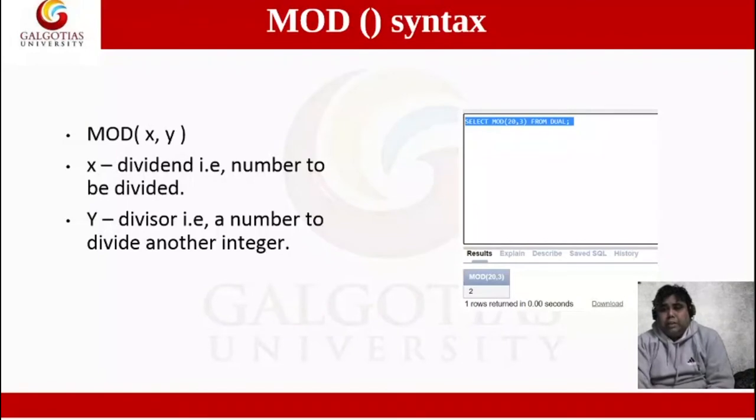After running this command, I will see the output is 2. Simply, if I divide 20 by 3, what will be the remainder? 3 times 6 is 18, and the remainder will be 2. Now it's cross verified also.